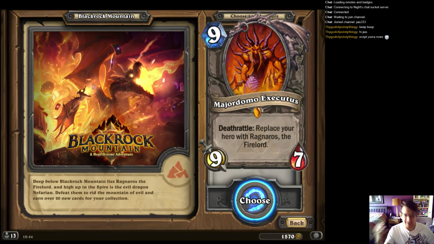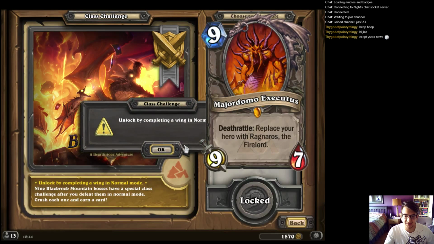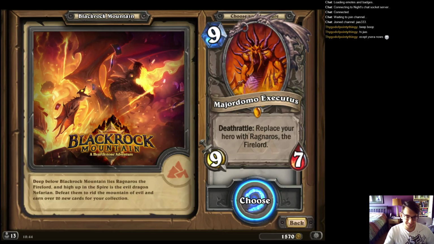So he summons Rag when he dies, which is exactly what happens. And so the flavor is fantastic. I love the concept of the card, but I don't think it's very good. First of all, it's a 9-mana 9/7, so it's BGHable. The stats are good, but it gets hit by Big Game Hunter, and also it has less health than attack,